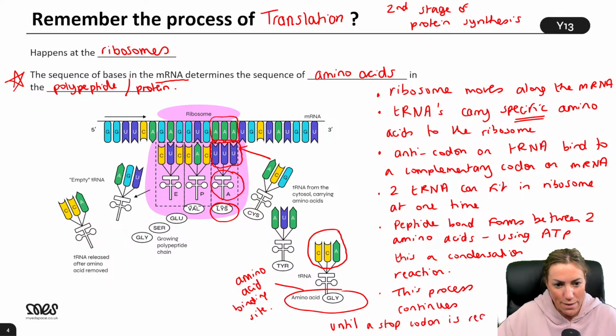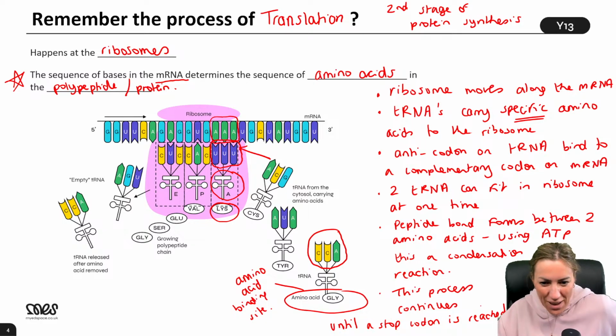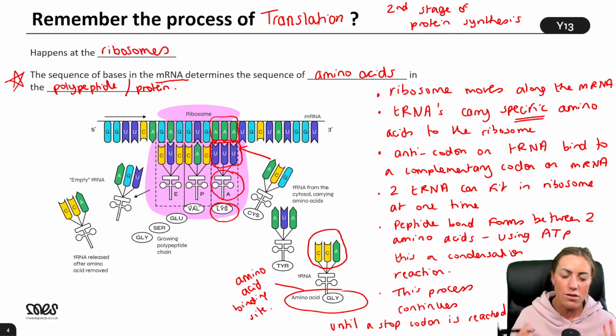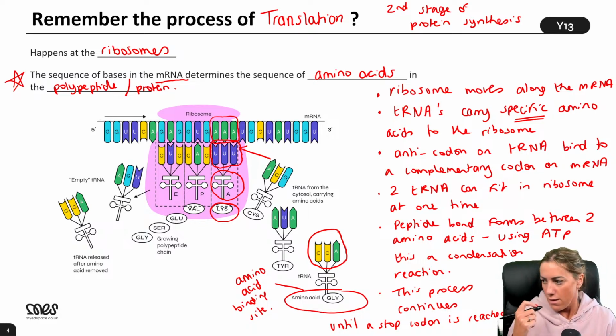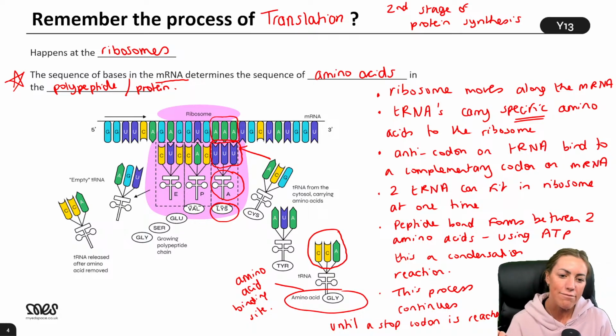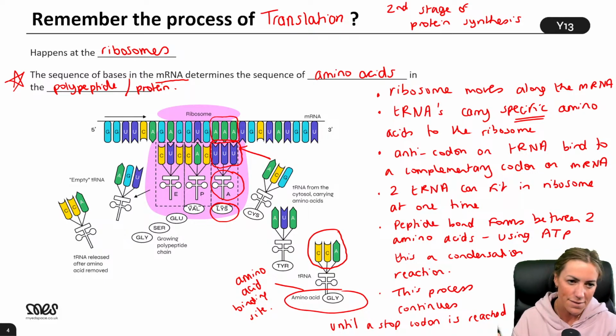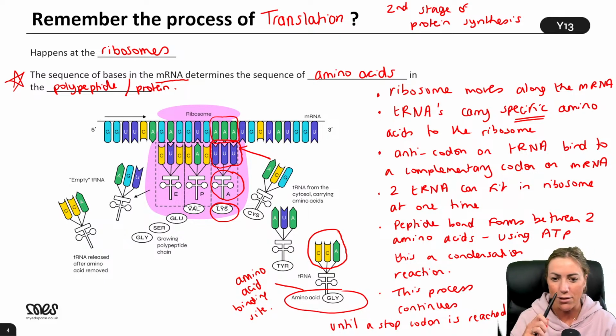I think we've just about fitted a nice answer in there. Okay, is there anything that I've missed? Anything else that your teachers have told you that you're questioning whether you can pick up marks for? But yeah, I think I would probably leave my answer there if it was a 5-6 marker. I think I've given enough detail. Obviously, once the stop codon is reached, then the polypeptide is complete, right?